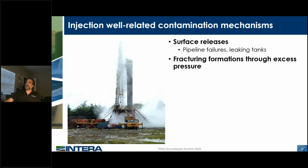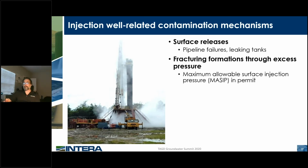The second thing is that these wells are all permitted with a maximum allowable injection pressure, right? So they're not allowed to exceed that maximum pressure, and that's something that the TCEQ regularly checks on, and I'm pretty sure the Railroad Commission checks on that regularly as well. But that's not to say that operators couldn't, for a very short period of time, exceed that if their storage tanks are getting full or if they have a need or something like that. And the problem with that is that if that's exceeded even for a short period of time, there's a potential for